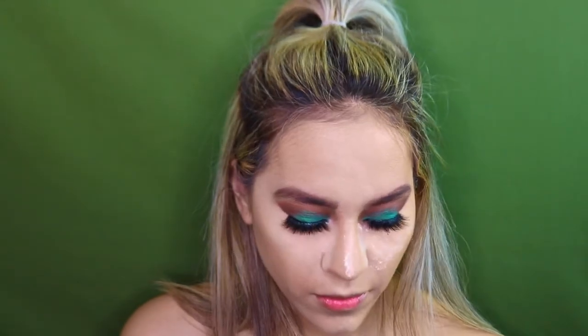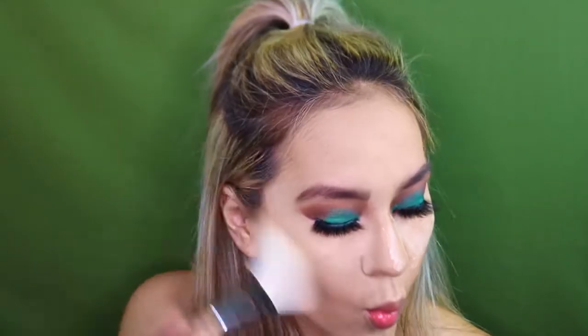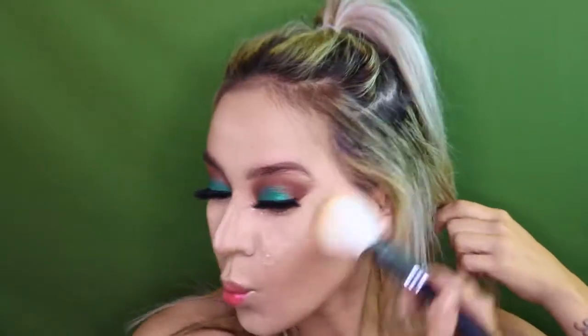This bronzer is pretty legit. I honestly love it. I honestly love it more than my Too Faced bronzer with the little shimmery highlight in there. Oh my god, this bronzer is really, really good. I definitely love it and recommend everyone to use it. Go buy it. But I'm taking it in with my Morphe M527 brush, and I'm just bronzing my face all